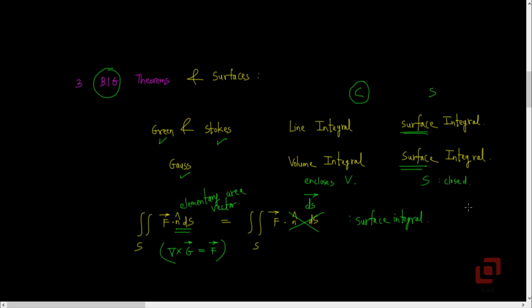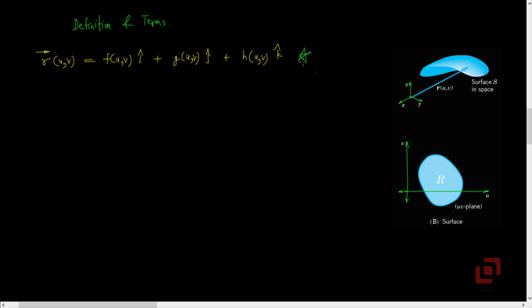Did you now realize how important it is to study surfaces? All three theorems of vector integral calculus involve surface integrals, which involve surfaces. And as we will see, the parametric representation of surfaces is perhaps the best representation to evaluate such surface integrals. Having given the intuitive explanation that the parametric representation of any surface should involve two independent parameters u and v, let us now formally define it and also see the related terms.